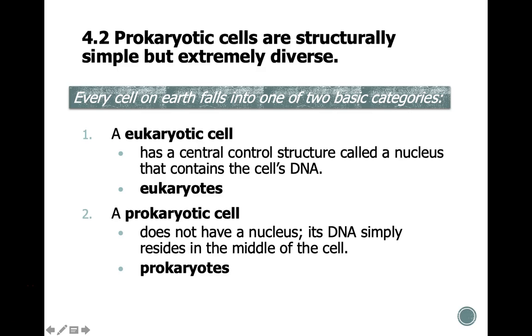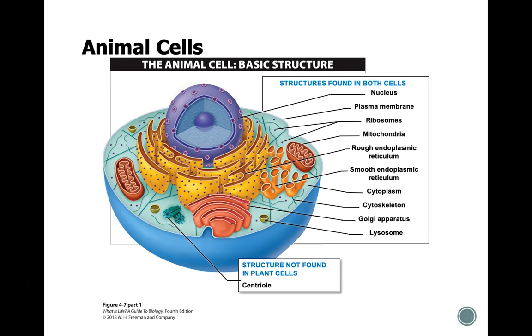Remember that the major difference between a eukaryotic cell and a prokaryotic cell is the presence of a structure called a nucleus. Now, the nucleus is what we call an organelle. An organelle is basically a little compartment within the cell that performs a specific function. So this video is going to talk about the function of a variety of different organelles that are found within